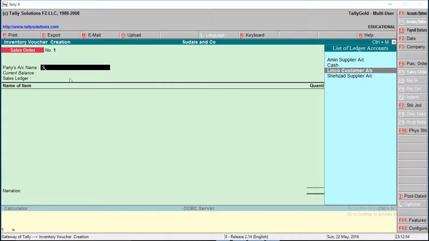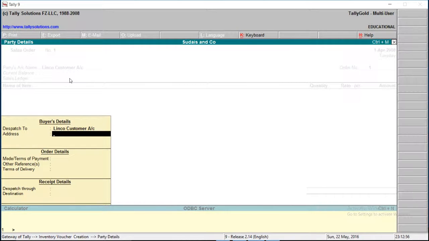Select Linko customer account, address of your customer, term of payment: what mode of payment or term of payment you are going to give to this customer. Suppose 210 net 30. Term of payments to 15 days.